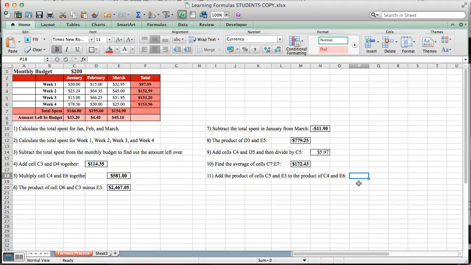And then the last one, add the products of cells C5 and E3 to the product of C4 and E6. So once again, a little bit more parentheses. So we're going to press the equal sign, open parentheses, and do C5. Add the products. Okay, so this is the product. So it says add the product. So we need to multiply E3. So it's the product of C5 and E3, and we're going to add it to the product of,